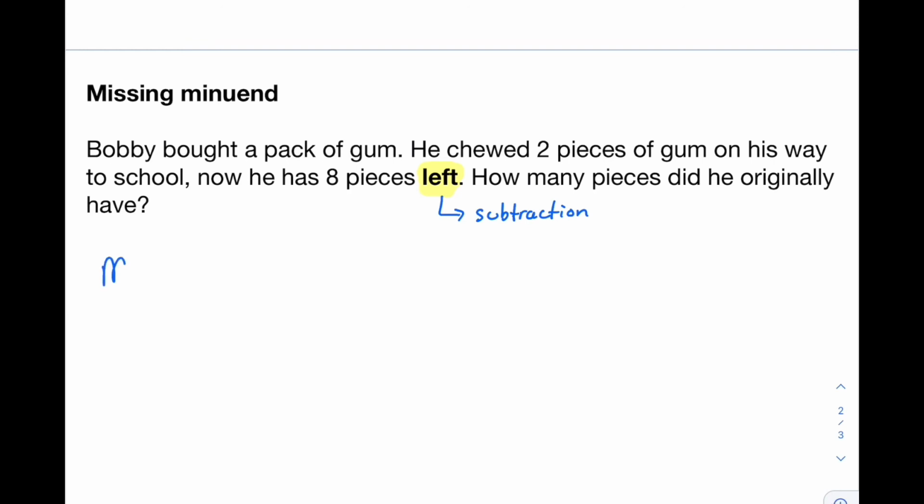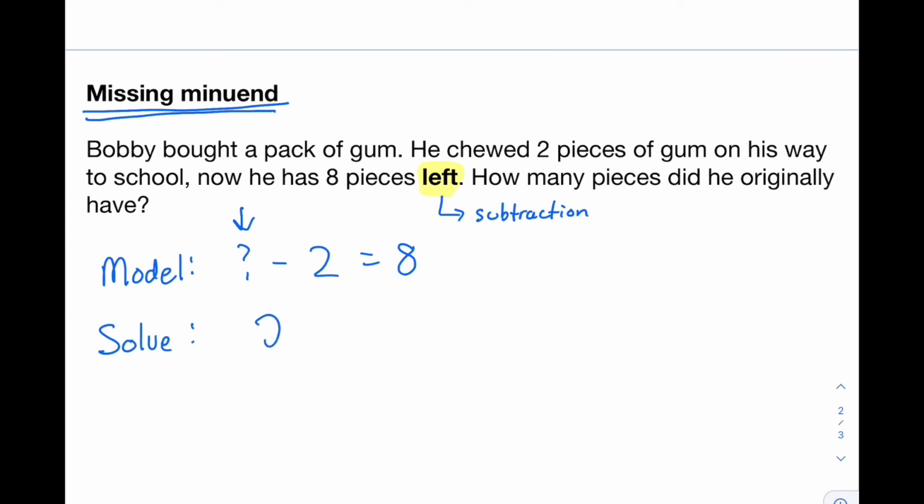So in this case, the model is that Bobby had some amount of gum. He chewed 2 pieces, and now he has 8 left. So it's a subtraction model, but it's this missing minuend. We're missing the first part of our subtraction problem. So how do we solve this? We solve this with addition. Let's draw some